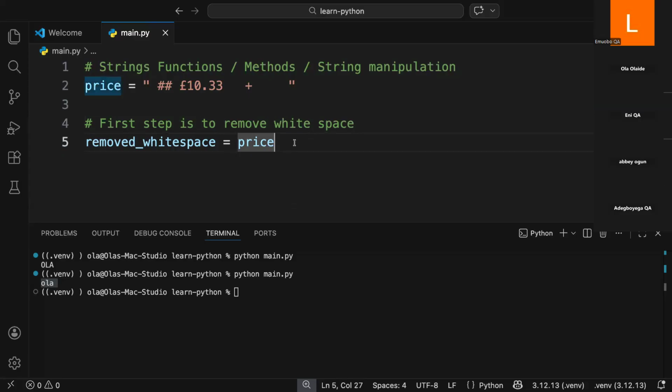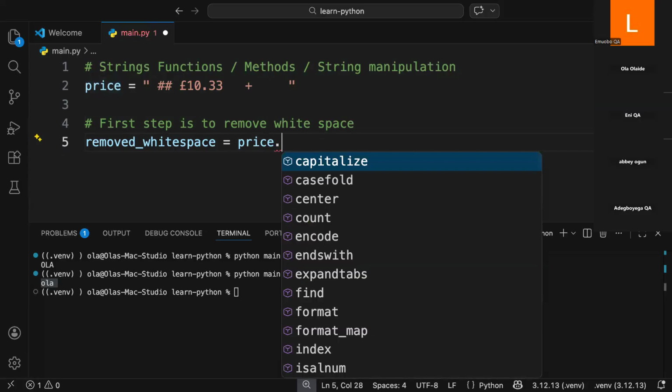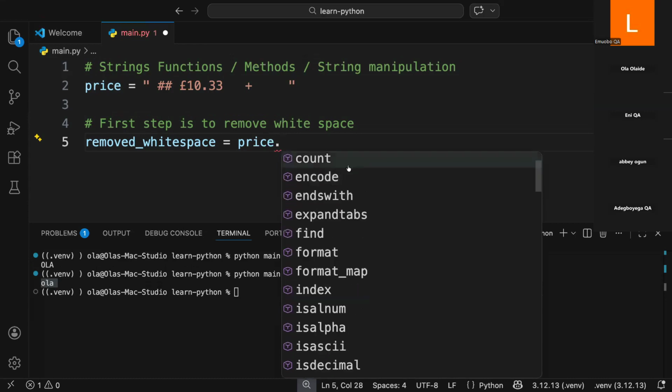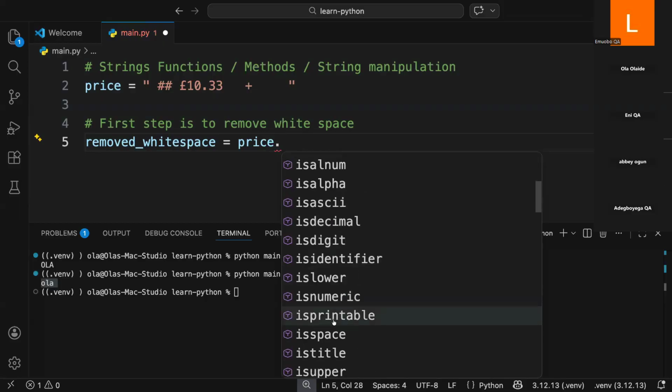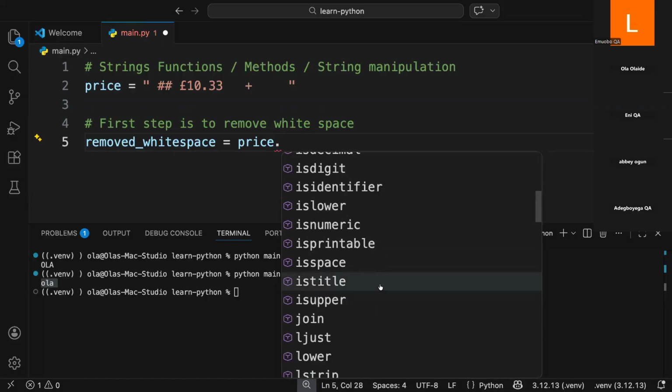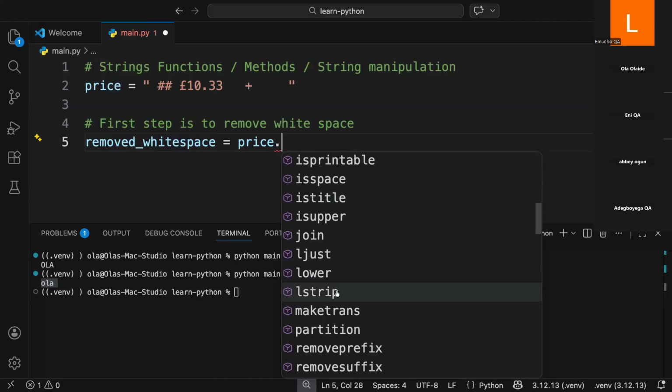Okay, so this is our first step. So how do we remove? There's a code. If we look at it, this capitalizes, changing to capital letter, just like we have upper. And we have count, which returns the number of occurrences in a string. We have find, index, is alphanumeric, is lowercase, and anytime you see "is", it just returns a boolean. Then we have strip. So strip means we should remove the